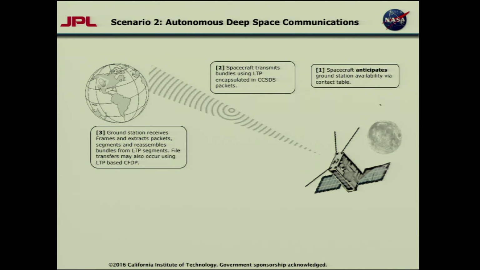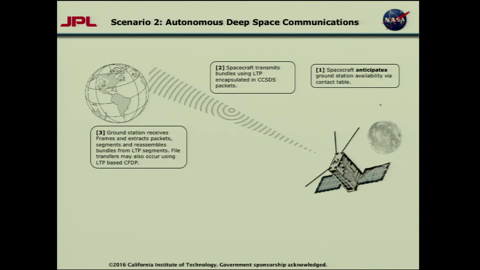I have a nice picture of Lunar IceCube, because the Lunar IceCube team is right here, sitting right in front, actually. I'm working on infusing the DTN software into a radio. We have an X-band radio at JPL, a CubeSat small form factor radio that lots of CubeSat missions are planning to use. And so how do you do this?